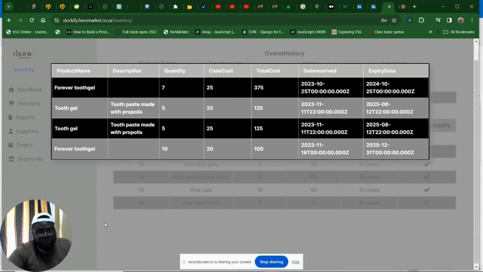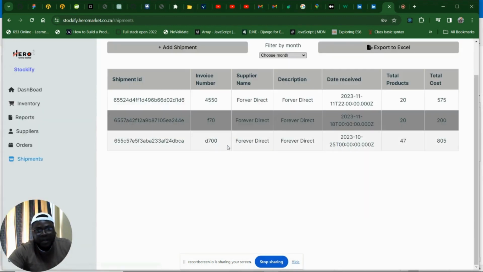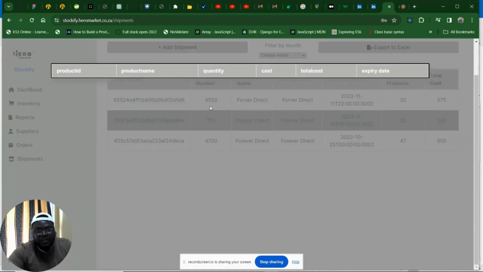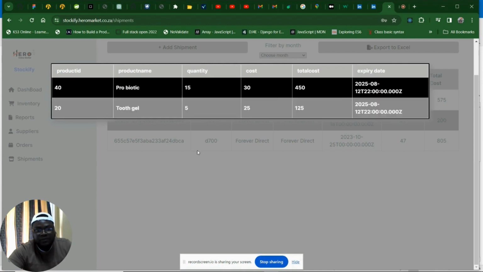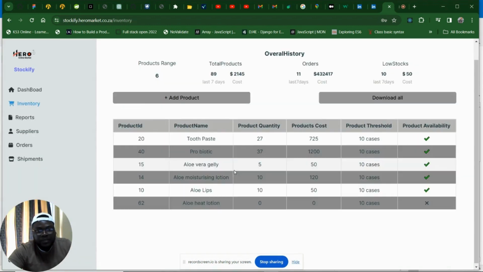So now if I look at the tooth gel and I go to my shipments, I can then see all the shipments that we have received. So let's go to November 11th. Then it shows you all that was received. The gel that we had received, let's see,